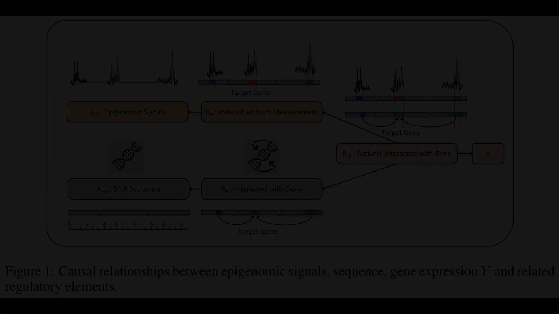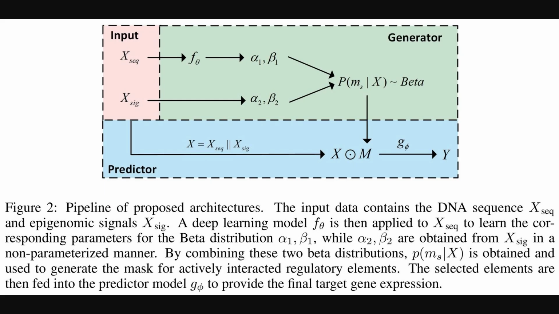predicts. Okay, building on that conceptual model, this next figure details the actual Seq2Express pipeline. We see the inputs, the DNA sequence X_seq and epigenomic signals X_sig, feeding into a generator. This generator combines information from both, using a beta distribution to learn a mask M for the actively interacting regulatory elements. Then, the predictor takes these selected masked elements, X ⊙ M, to predict the final target gene